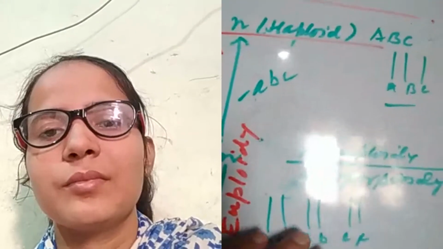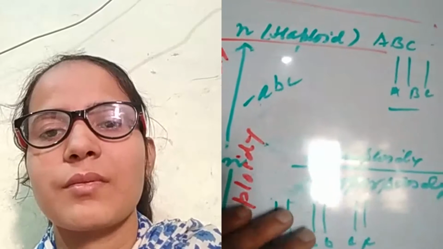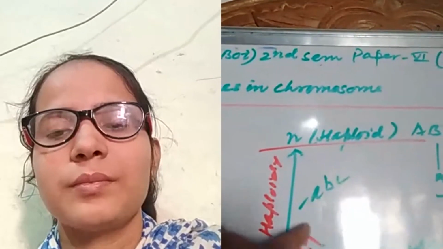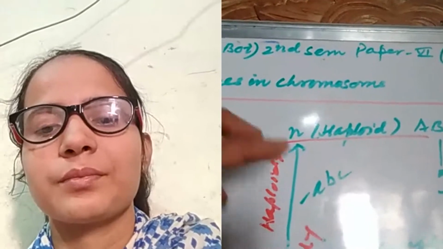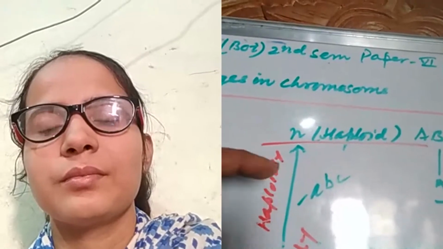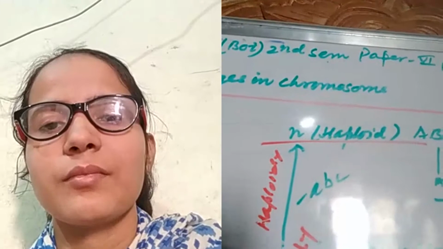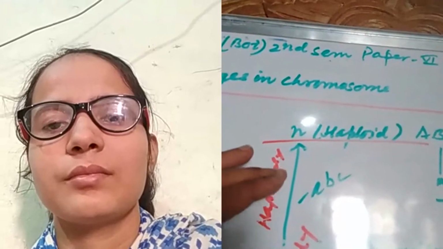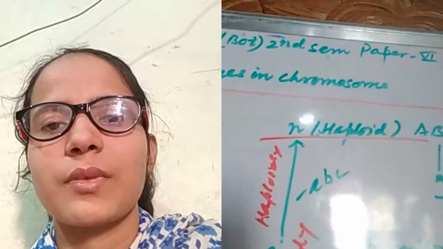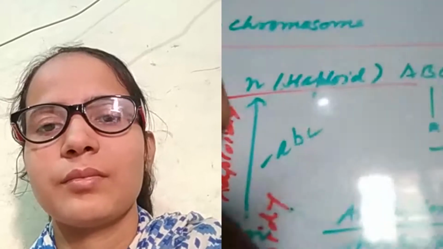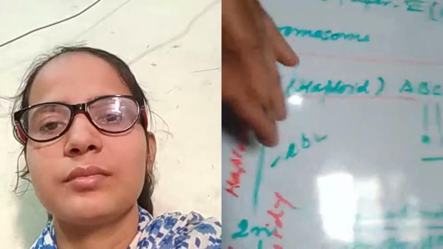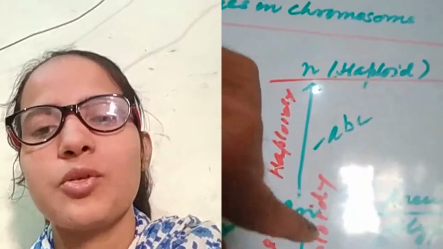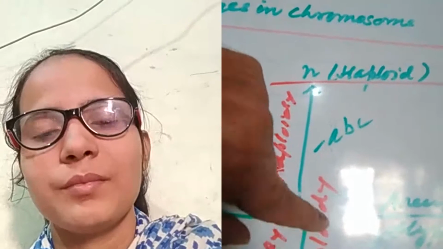These 3 pairs of chromosome constitute the diploid number of chromosome. This is the normal. You take this diploid as the normal chromosome complement, a 2n diploid number. And if there is loss of a complete set or gain of a complete set of chromosome, this is euploidy. What is the meaning of eu? Eu means true, ploidy means level.